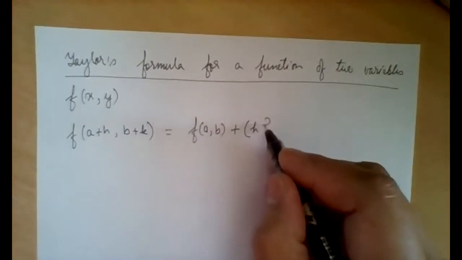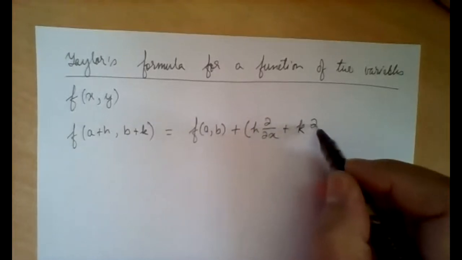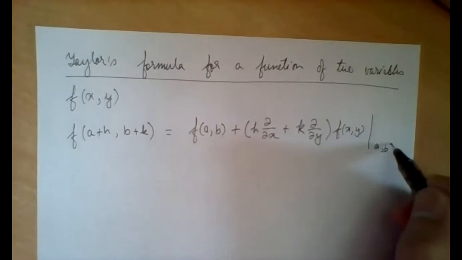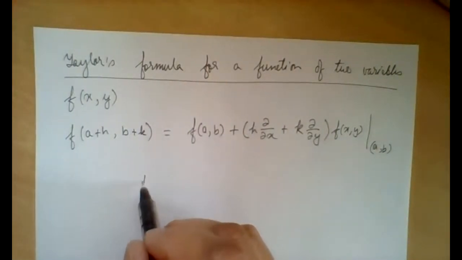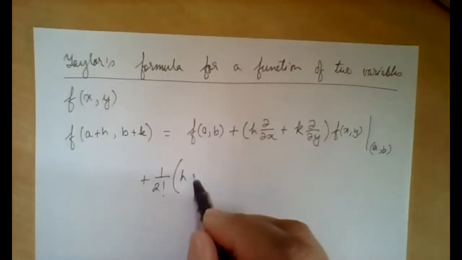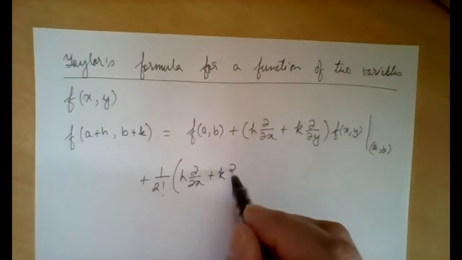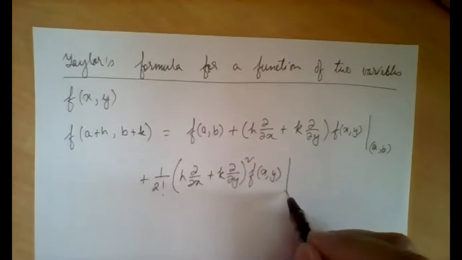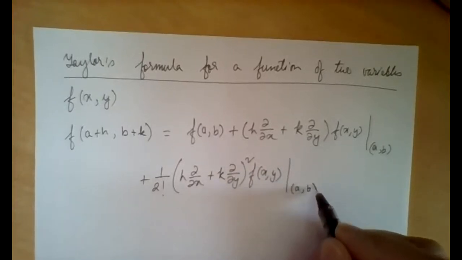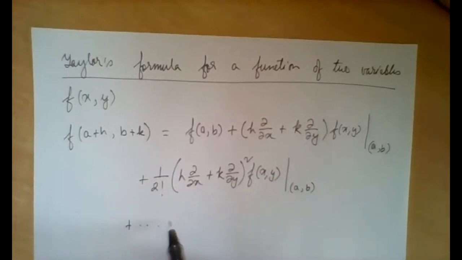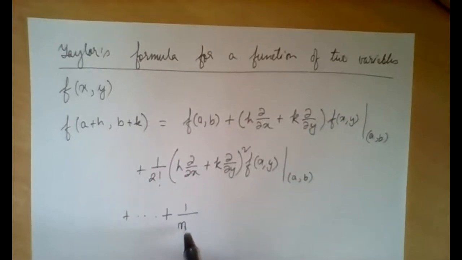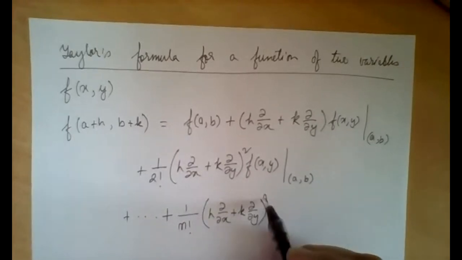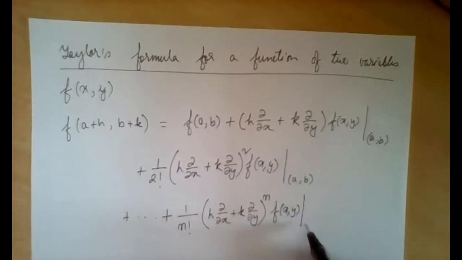plus (h ∂/∂x + k ∂/∂y) f(x, y) calculated at the point (a, b), plus 1/2! (h ∂/∂x + k ∂/∂y)² f(x, y) calculated at (a, b), plus and so on, plus 1/n! (h ∂/∂x + k ∂/∂y)^n f(x, y) calculated at (a, b)